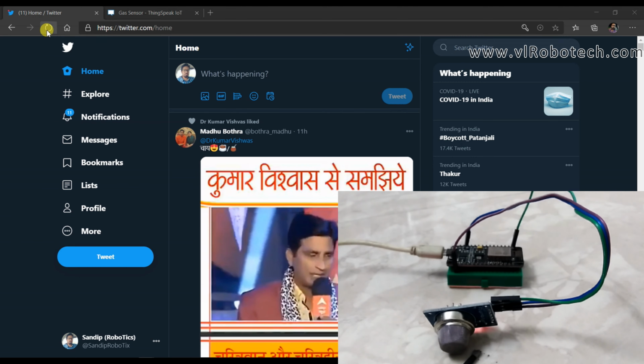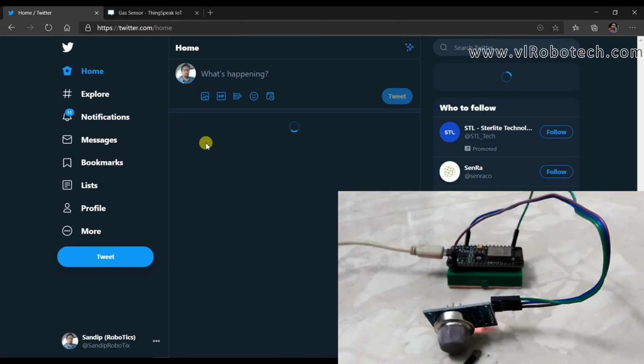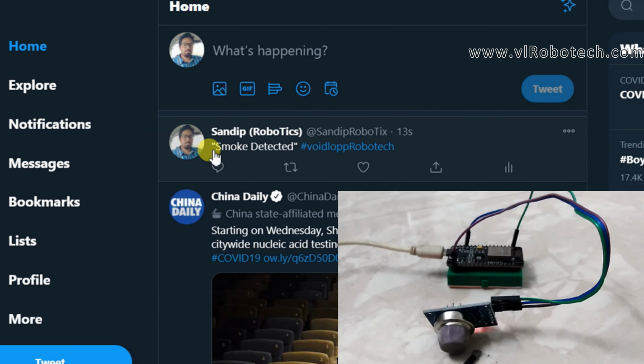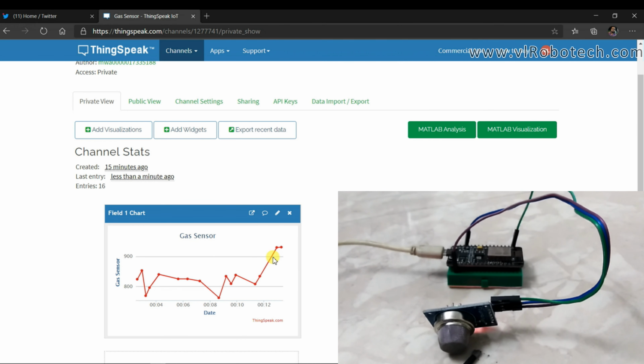Okay, I will reload. See, it has been tweeted: smoke detected. Now we will see here also. This is the graph. Okay, I will remove this.